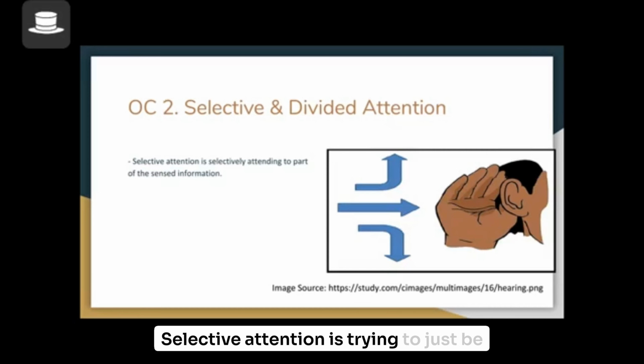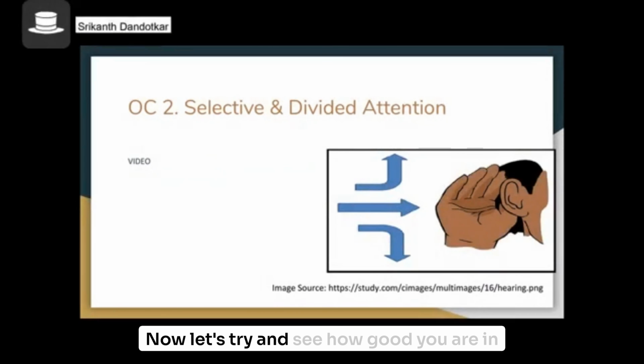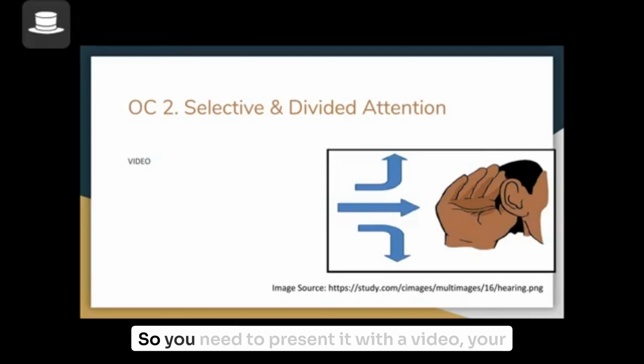Selective attention is trying to just be aware of one thing by deselecting the other. Now let's try and see how good you are in selective attention. So you'll be presented with the video. Your task is to count the number of